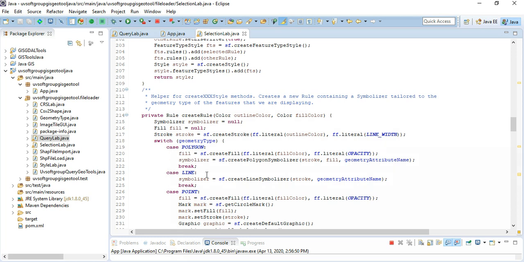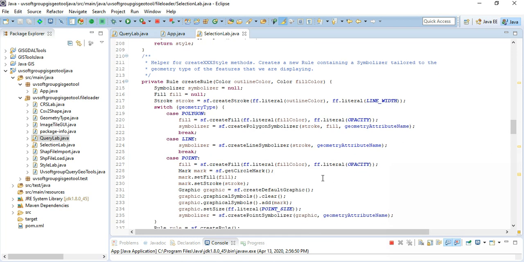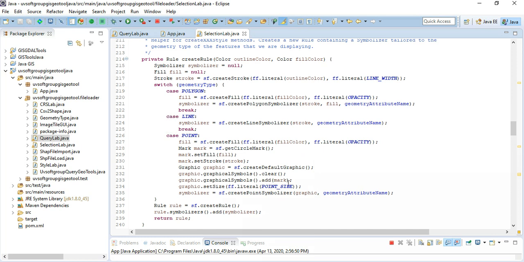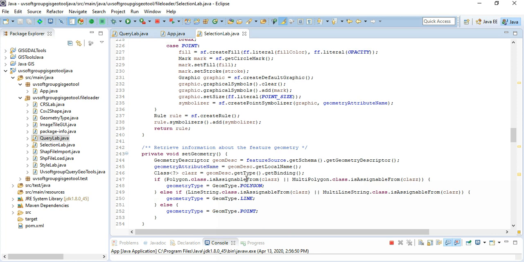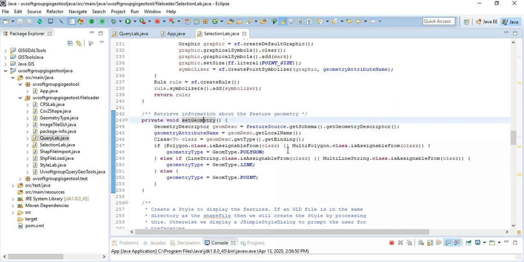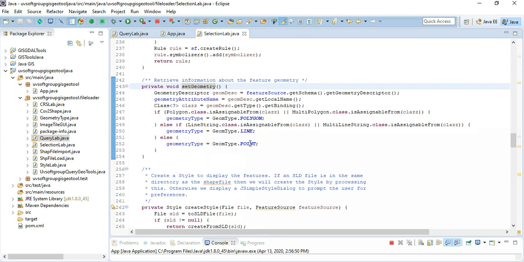Basically, we are using only three geometry types here: polygons, lines, and points. That means polygon means multi-polygon is selected, line means line string or multi-line string is selected, and point means multi-point is selected, depending on your selection bar and the necessary settings for your style, color, and stacks rules. Then create the rules and set the different types of geometry there, for polygon, line, and points, and build